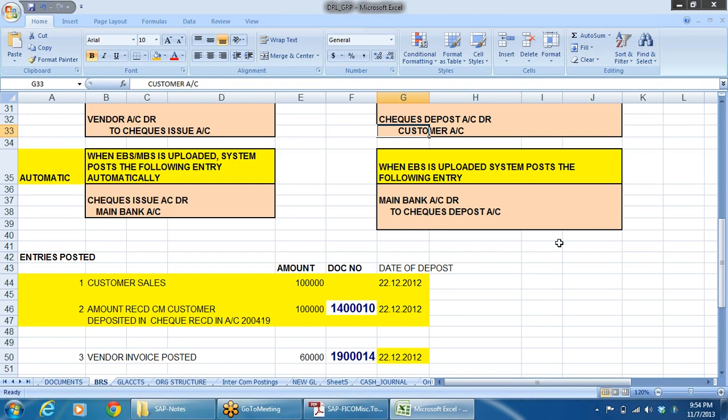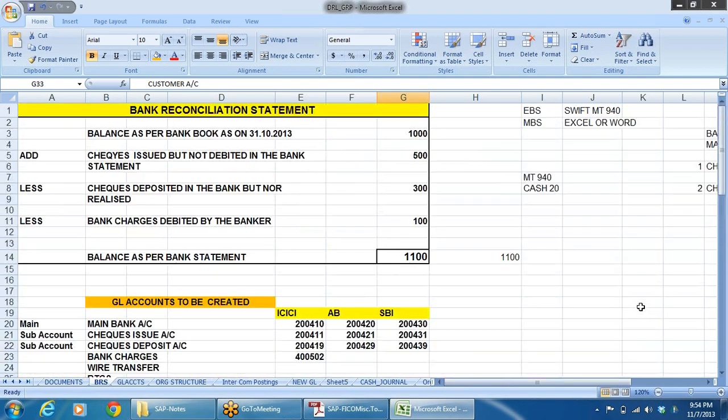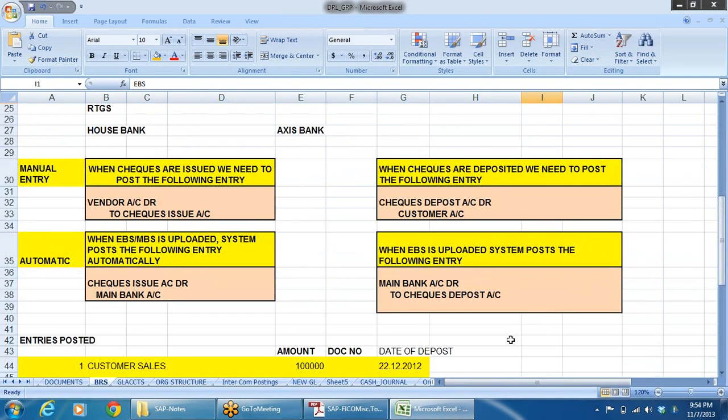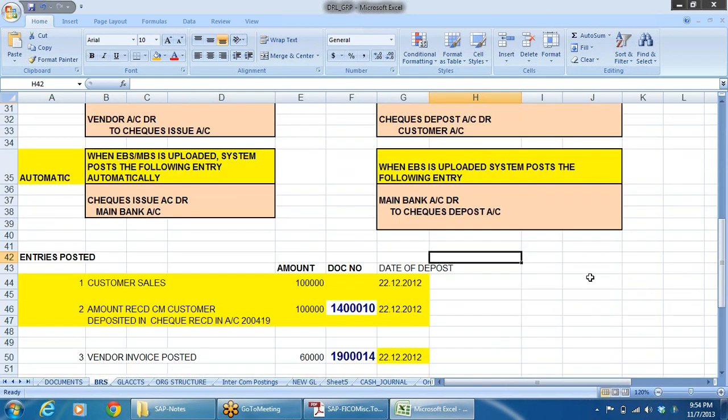Say for example, on 25th October I have deposited one check of 100 rupees, and that will be cleared. And another check I have deposited on 28th is not cleared; that is not credited to our account. Out of these two, the first check deposited on 25th, if it is cleared and you get the information in your MBS or EBS, and if that is uploaded into the system, then the system will pass an accounting